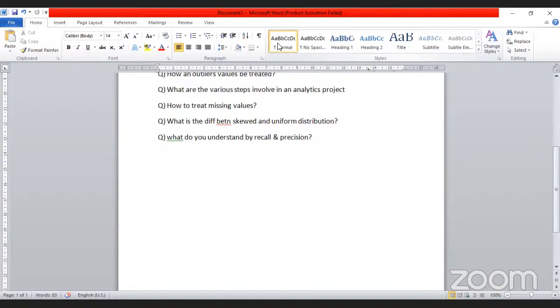That means if we are taking samples multiple times, giving answers multiple times, and then calculating how many times from those samples we have got the actual true, that is the precision. And recall means out of all the samples, how many are true. This is the difference between precision and recall.